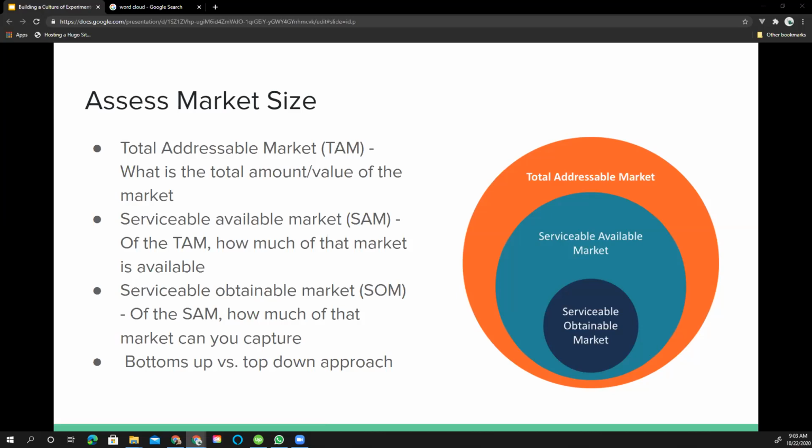Anyone? Okay, well, I'll take the iPhone 12 as one that I would measure from a bottoms up approach. So again, if I wanted to calculate my serviceable and obtainable market from a bottoms up approach, I would